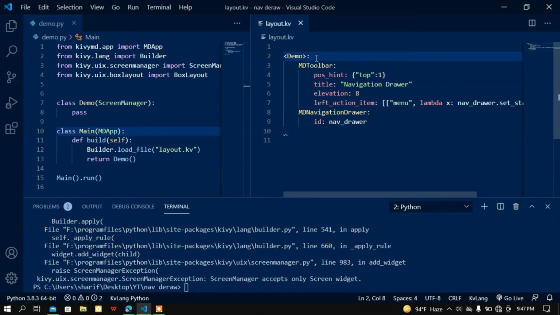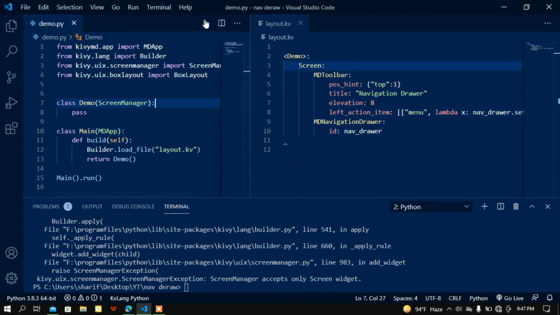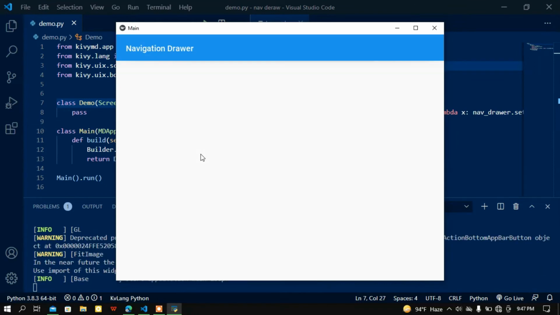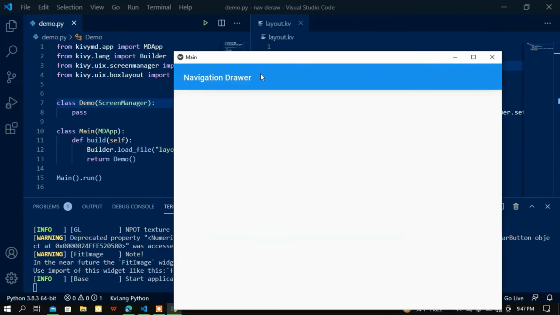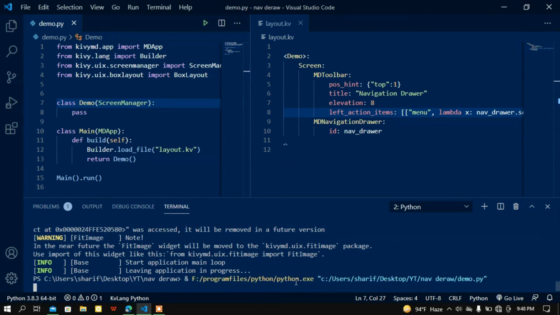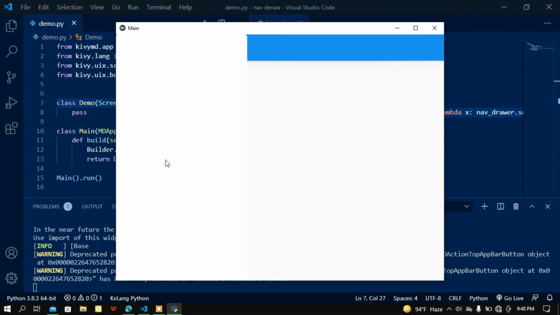I did a mistake because the screen manager supports only screens. Okay, now I need to indent this, and let me rerun this Python file. But I don't get a button. Okay, so let me close this. Okay, here I did a spelling mistake and it will be items, not item. Okay, now let me recheck. Sorry guys, my bad, I'm doing lots of mistakes today. Okay, here we got a button. Let me check. Here we got a navigation drawer,